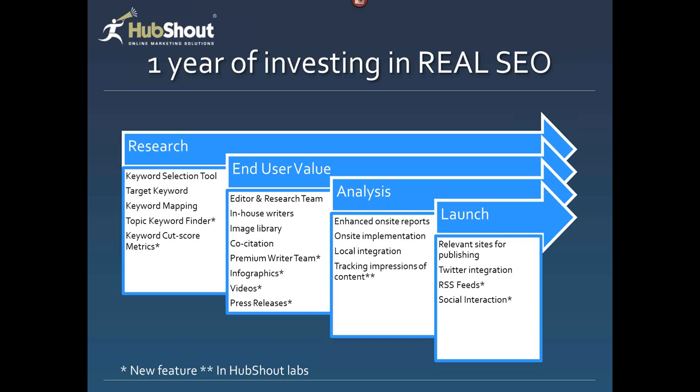We're including infographics, again, in most of the programs, so that's really exciting. Videos is something new, press releases. So all this information, all these things are really exciting. On the analysis side,